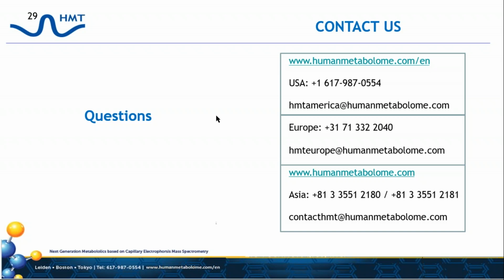One of the questions is, how does CE compare to HILIC columns? The HILIC column is a reverse phase packed column technique designed for charged species, similar to what the CE can do. However, you're still working with a packed column, so the resolution is not as high as you would get with the CE. Our ability to resolve isomers is heightened with the high resolution capability of the capillary system versus the reverse phase from the HILIC.